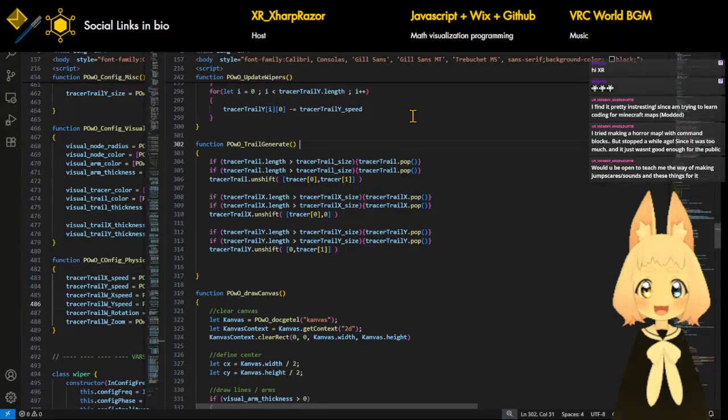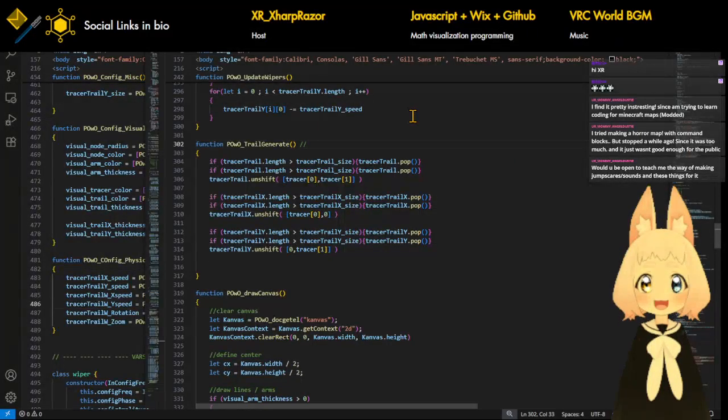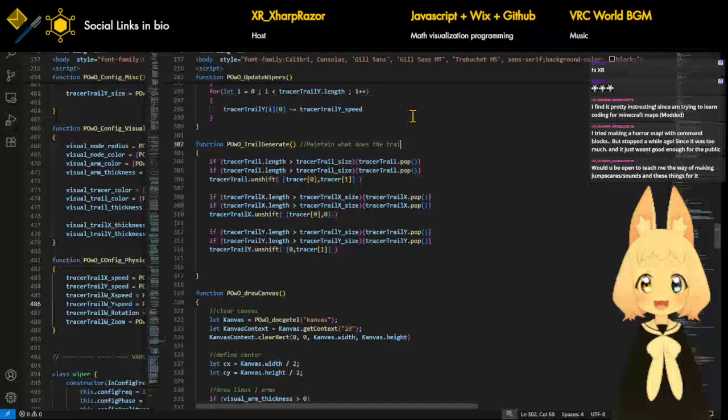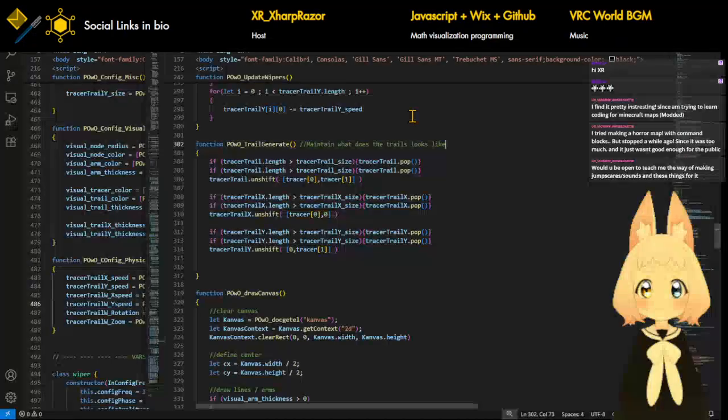This is also where we can say maintain what the trails look like. Alright, so that's one thing. Next, okay, so